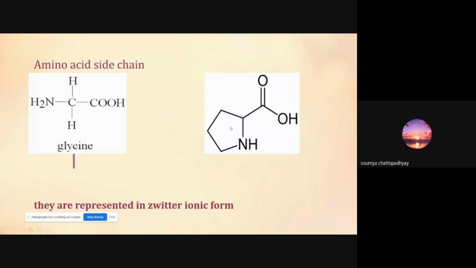Why I have given these particular examples is because the C alpha is basically a chiral carbon. But in the case of glycine, it's achiral, and in proline, it's not a primary amino acid, it's an imino acid. And why is that so? Because the CH2 and the CH2 you see here bend over and form a ring with the amino group, and that's why it has the maximum steric hindrance too.